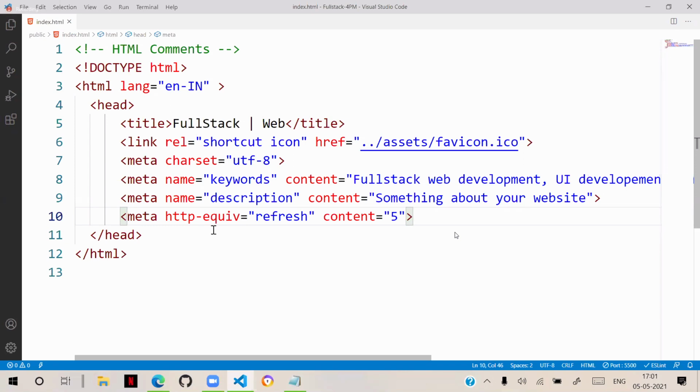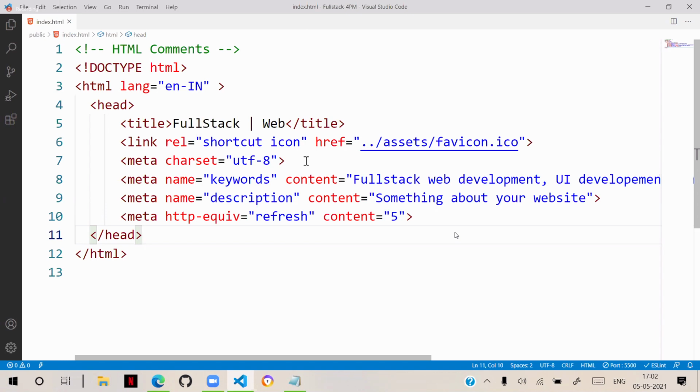Initially, Meta means metadata. It contains information about your page, which is used by SEO to understand what your page contains and show in the search results. Many times people ask this question, without Meta, can I write a page? Can I design a page? You can design a page without Meta. But that page will not be in Google search results. If anyone is searching, it will not be displayed in the search results.